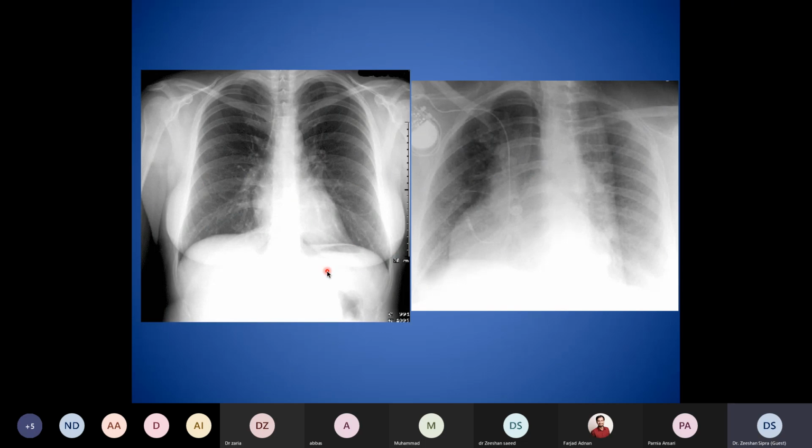For rotation, it's important in an ICU setting. For example, this patient, this is a true PA view radiograph. This is also a PA view, but there is rotation of the mediastinum. For the mediastinum,